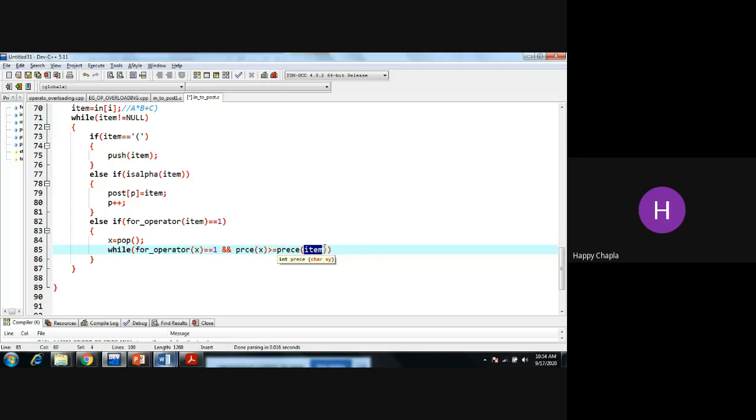So if the incoming operator's value is less than your x, then what you need to do?